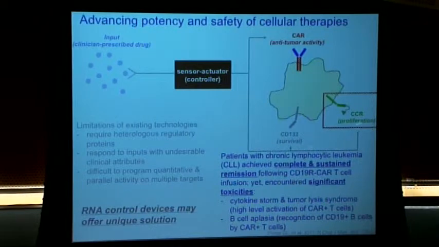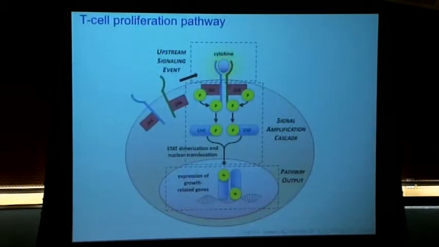And so we decided to do an initial study where we looked at how our RNA devices could be used to regulate chimeric cytokine receptors and cytokine expression to control T cell proliferation and survival as an initial test. And so this is essentially a schematic of the T cell proliferation pathway, and it's just to indicate you have this architecture where you have an upstream signaling event, you have a signal amplification cascade,